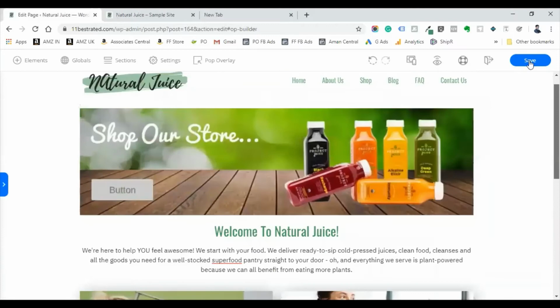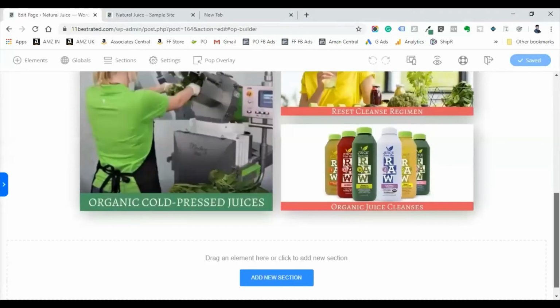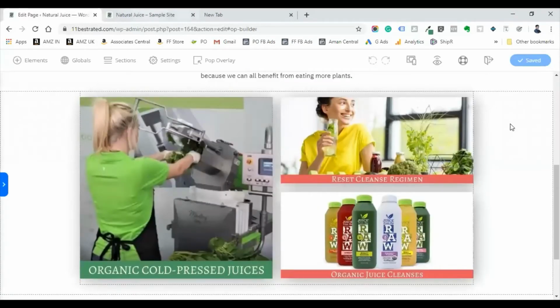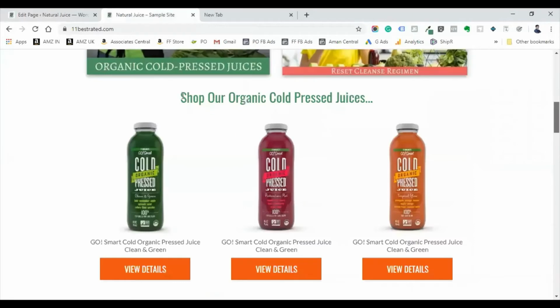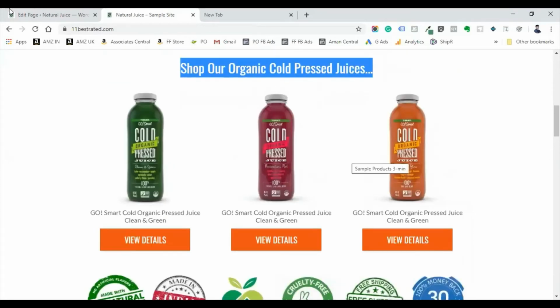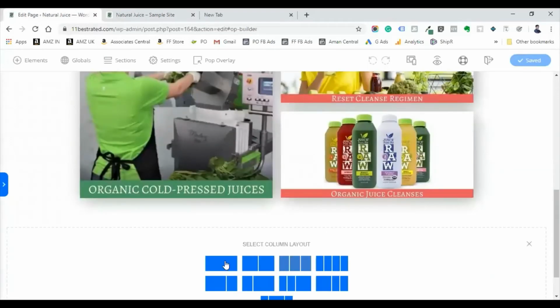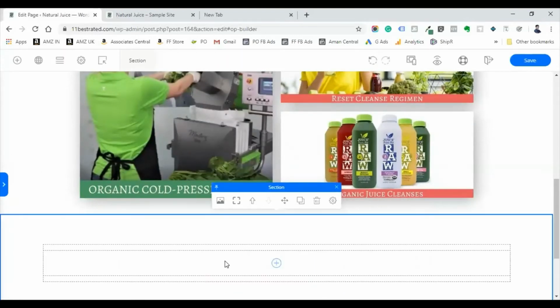Now we have created almost half of the page in 10 minutes. The next section is, we are going to add this header, and we are going to choose the 3 element section to add this thing. Now we will add one more section, a single section for the header, and after that we will add 3 columns for the products. Click on the plus button,